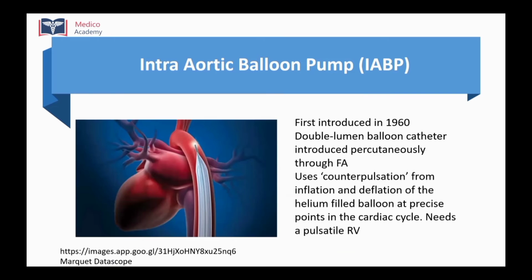The intra-aortic balloon pump is the first one. Let's talk about that. That was introduced in 1960. And basically, it's a double lumen balloon catheter, which is again introduced percutaneously, retrograde fashion through the femoral artery into the aorta. You have to be very careful in patients with